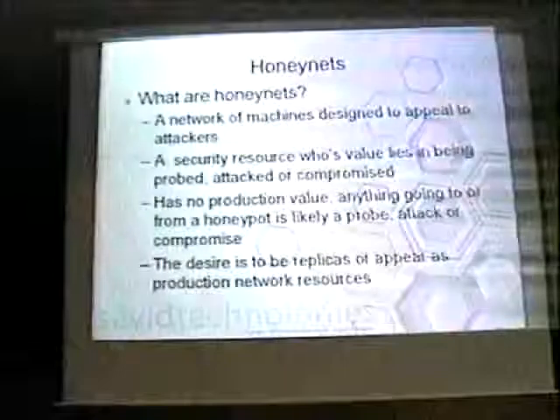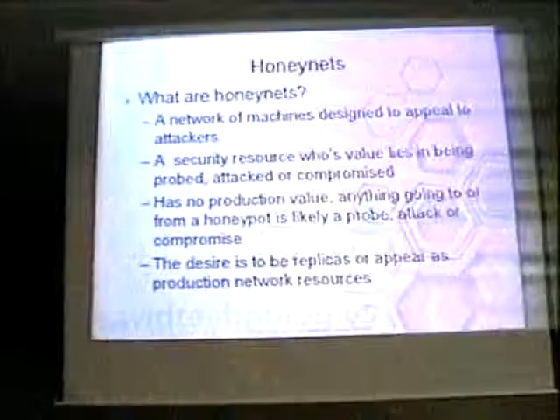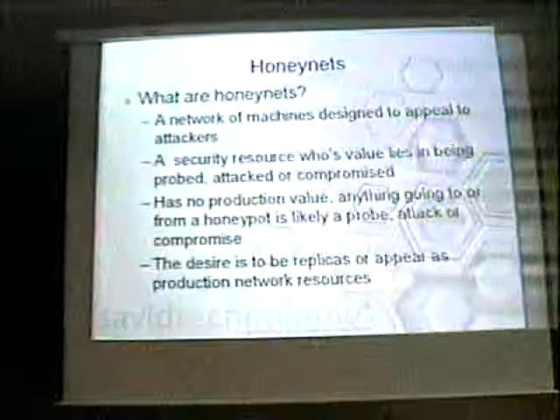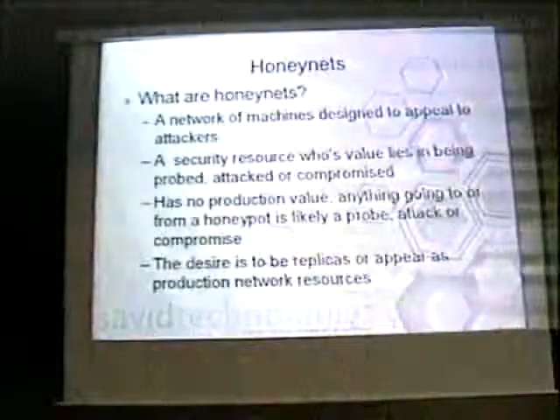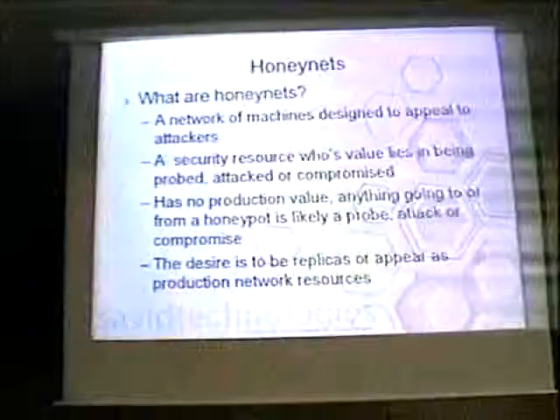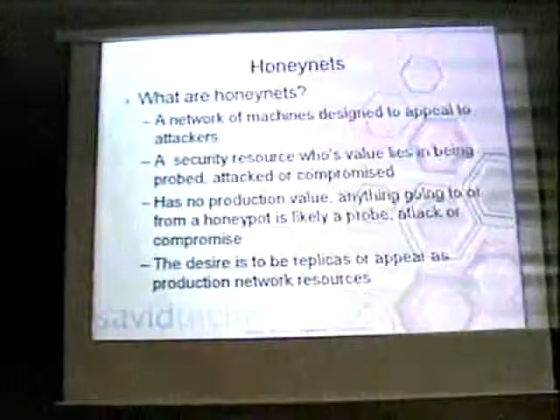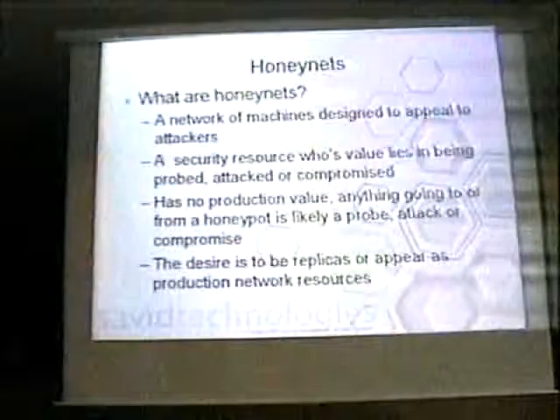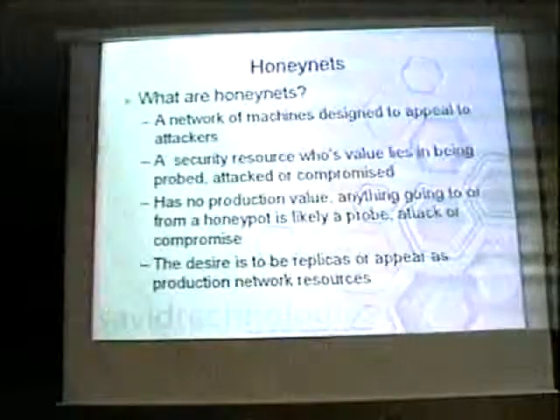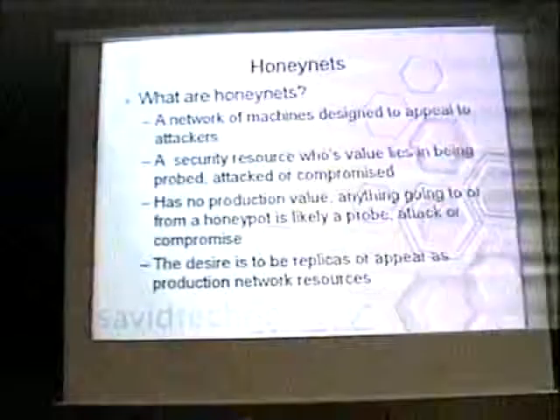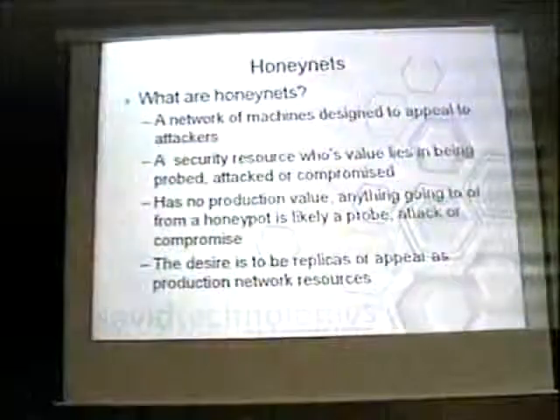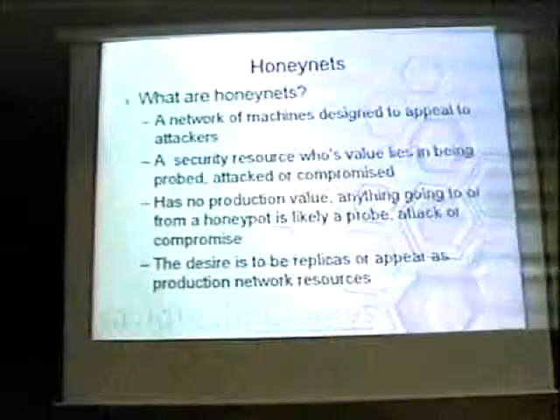Okay, so honeynets, honeypots. People here familiar with honeypots, honeynets? Okay, so networking machines designed to appeal to attackers. In essence, they are machines that you configure to be hacked. Whether they have some services running a couple of patches down, or you have them side by side with production data, there are a myriad of ways to configure them, but in essence you want them to be hit. Their value lies in being a really great way to have an early warning that something's going to happen or something's starting to happen. Worms, bots, a great way to find those.